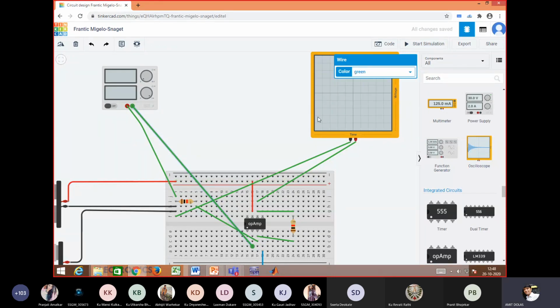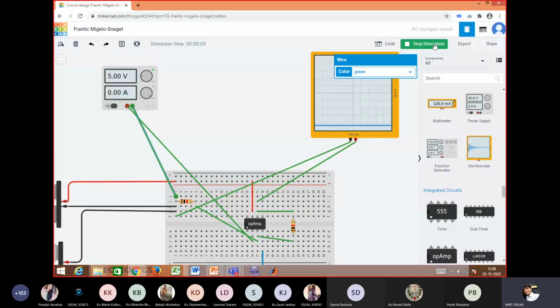You can see once more: I connect positive to input pin 2 and negative to ground, and I simulate it. You get a transition and the negative Vsat value on the CRO.